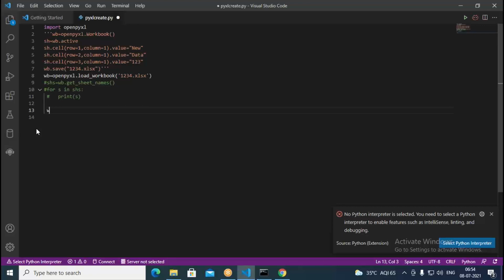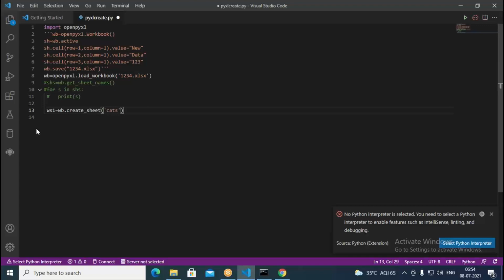I write here ws, worksheet, ws1 you can think like that, equal to wb.create_sheet. With this another worksheet can be created. Then we say this as cats.